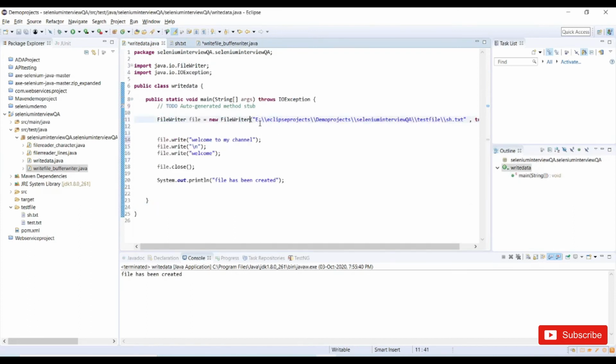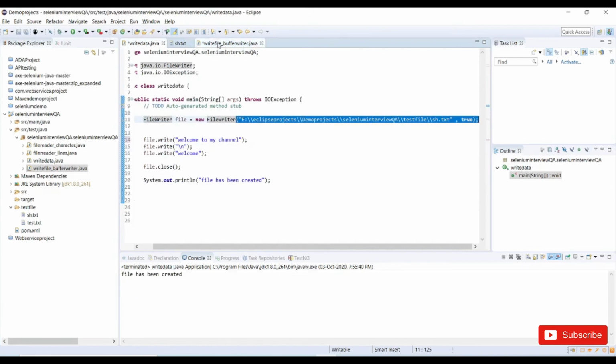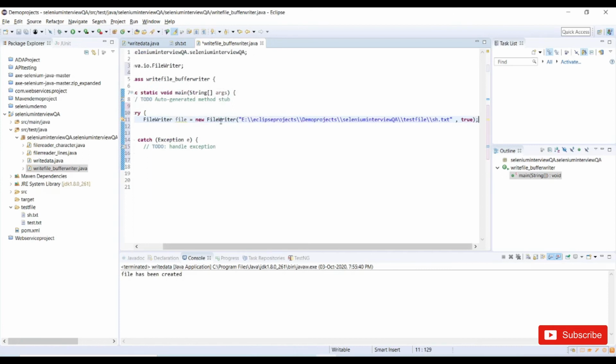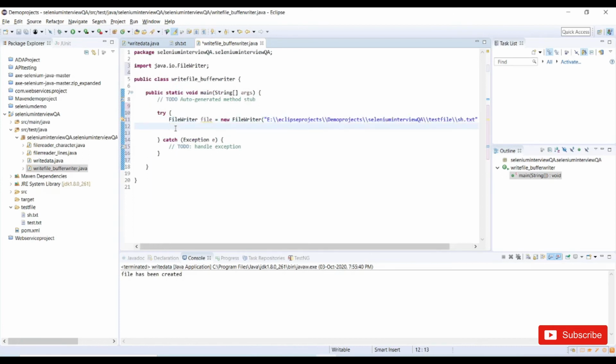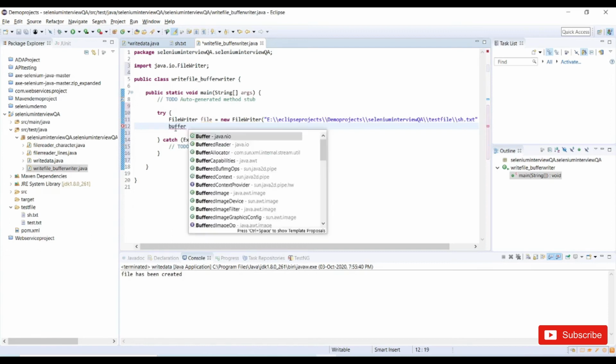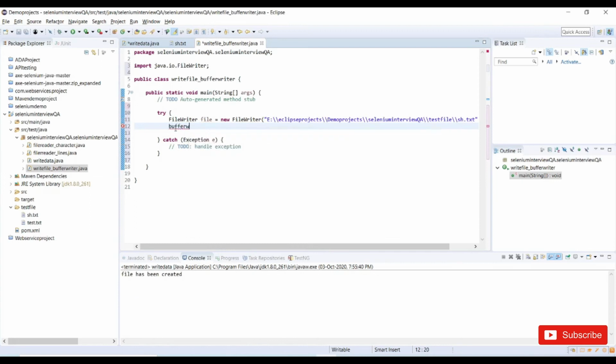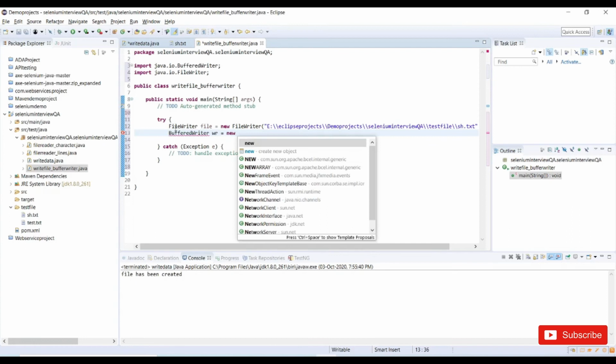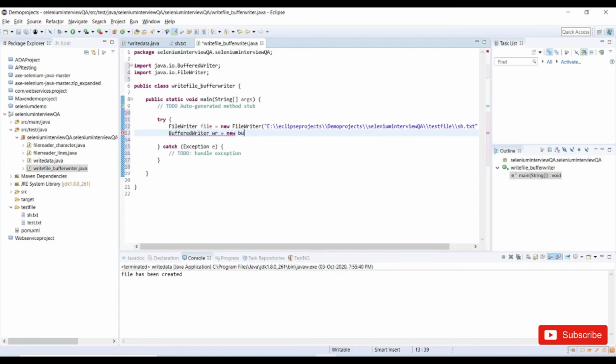I will copy the same location from the previous program, and here also I'm using the same condition. If the file exists, then it will rewrite the entire file. In case it does not exist, then it will create a new file. And in this scenario we are doing it with a buffer writer, bw equal to new BufferedWriter, and we need to use the file instance.